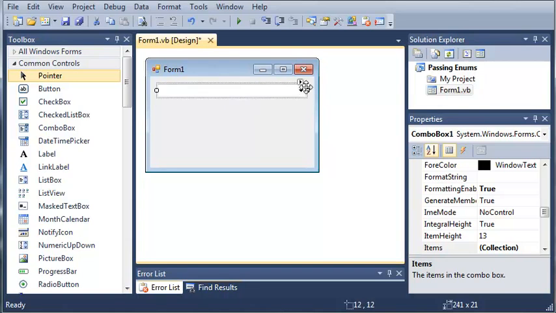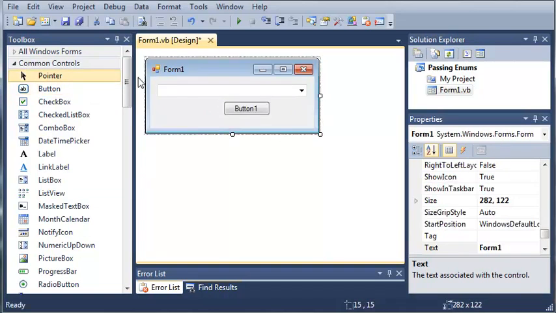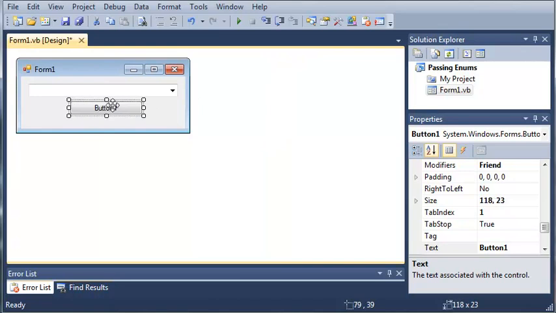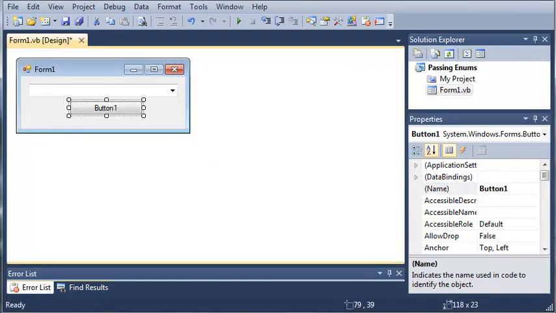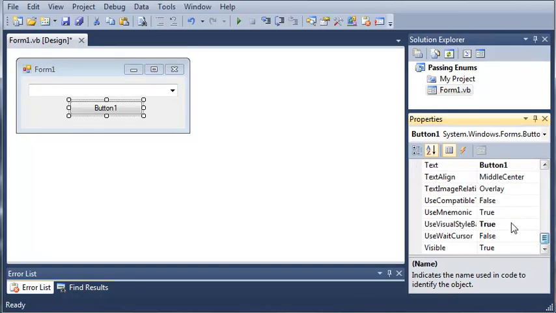So here's our combo box, and we'll add a button. Okay, so now we'll shrink this down some, close out of the toolbox, and we will make the button a little bit bigger. So we will set the name of combo box 1 to combo sports, and set the button name to button analyze,